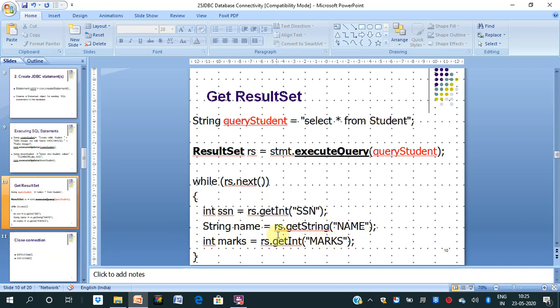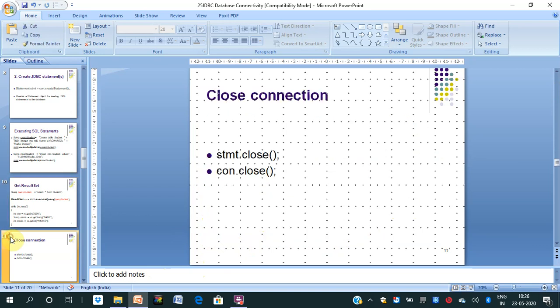This way we access all the data, and here we can write one more statement to print these three variables. Finally, after doing all the steps, we'll close the statement and close the connection. These are the different steps, and tomorrow we'll discuss the complete program based on these steps.